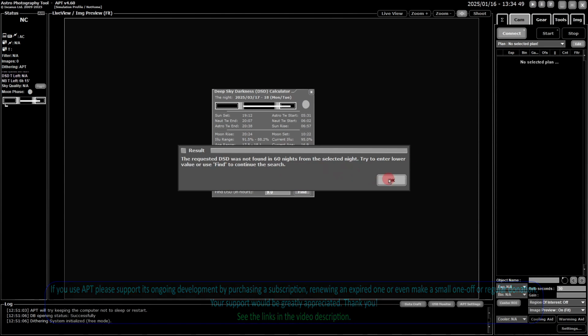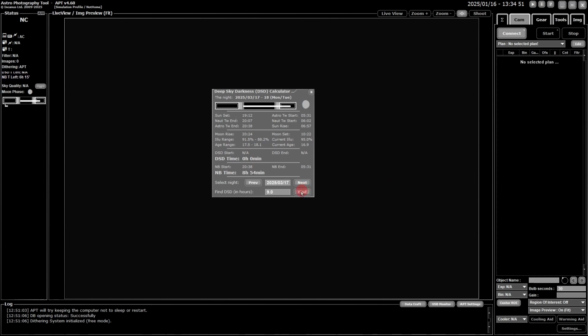So I'll hit OK, and I'll just click find again, and it will start from the last date it found. So I click find, and there we go. On the night of the 28th and 29th of March, I will get 9 hours of deep sky darkness. But as I said, that's just very handy for hunting ahead for long nights and for planning sessions. So I'll go back to today, and there we go.